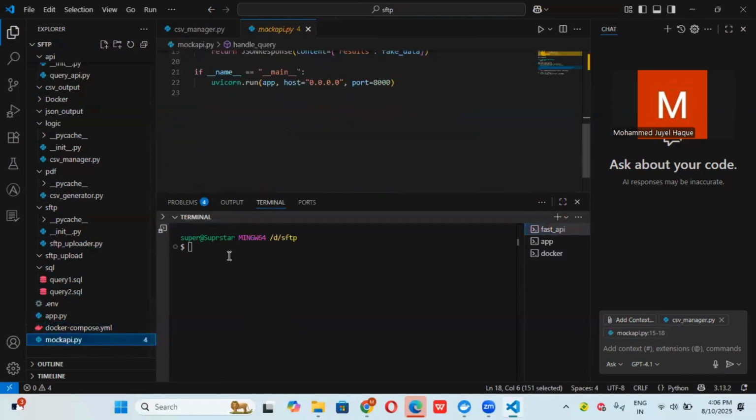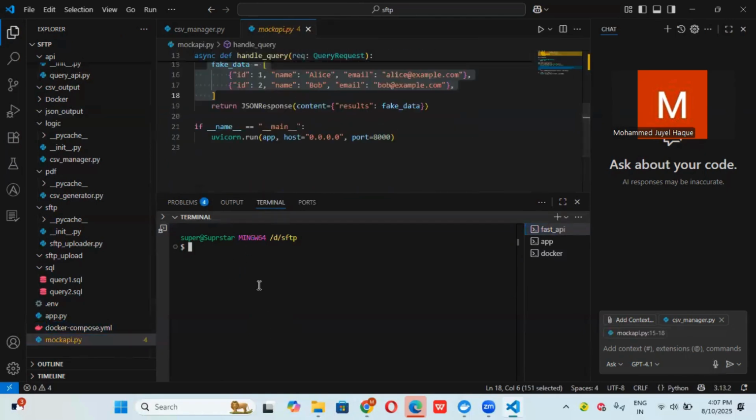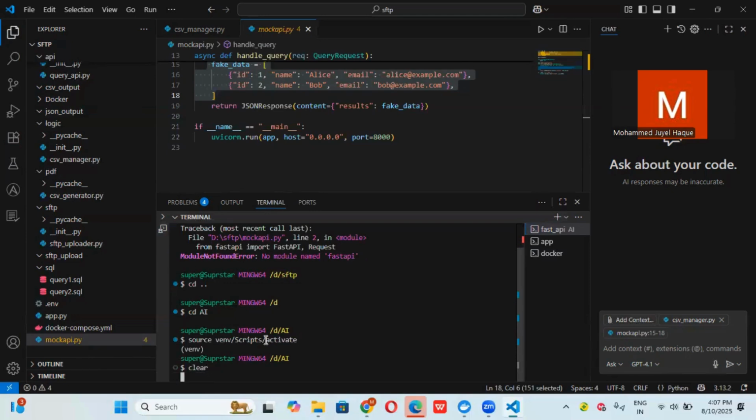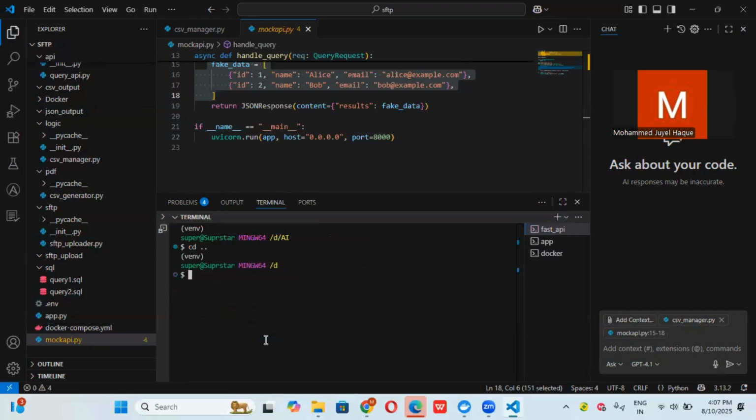So here, the first API we have to run, how are we going to run it, same thing, python app dot mock.py. So once our first API is running, yeah, why is it not running? Because we haven't activated our venv. So my venv inside the AI folder, which I was using previously, the same venv I'm going to use. So source venv script activate. So once our venv is activated, we'll be moving back to the SFTP folder over here,